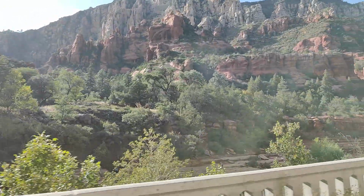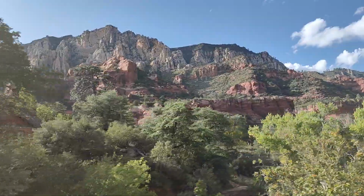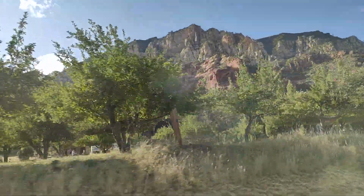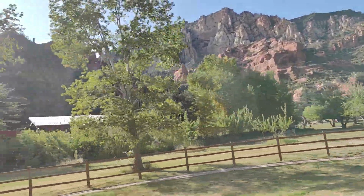If you want to try and see the Slide Rock itself, as we go across this bridge, I'll turn all the way around and look up the canyon, but you might catch a glimpse of it. It's just hard from this perspective. Up on our right here, this is part of the original apple orchard of the homesteaded area. That's what Sedona used to be known for way back in the day, was apples. There were dozens of apple